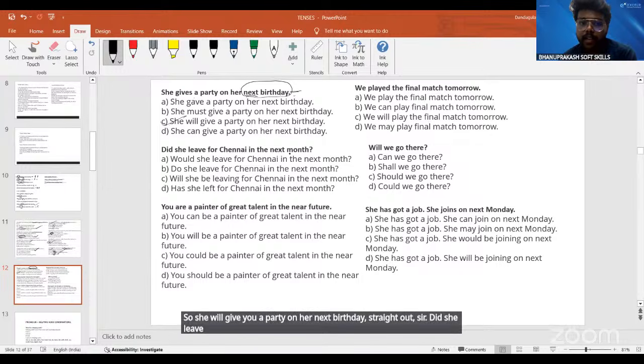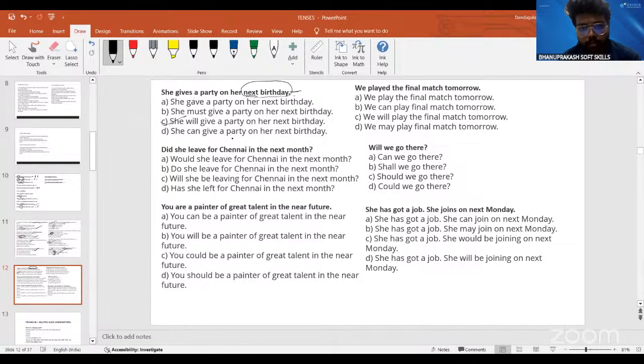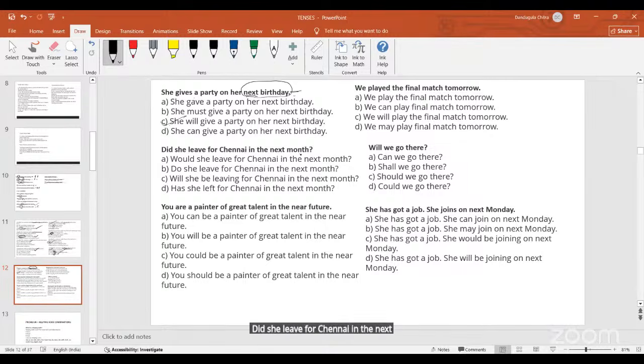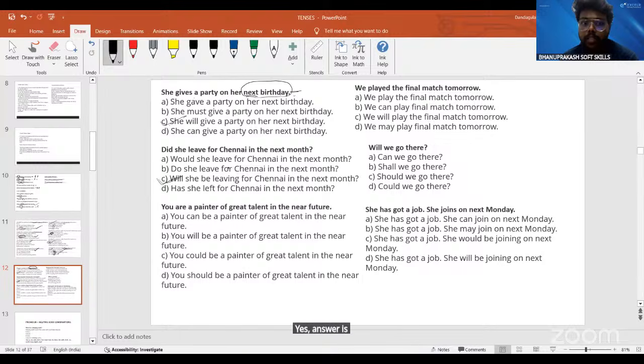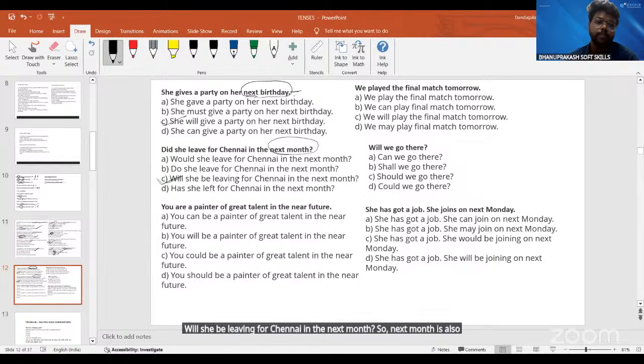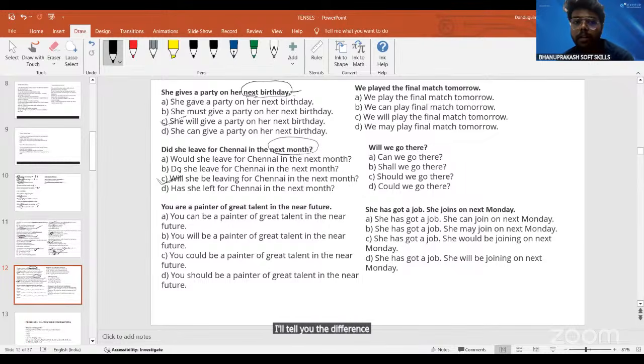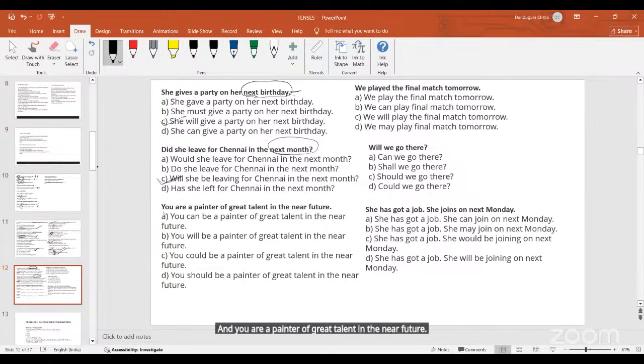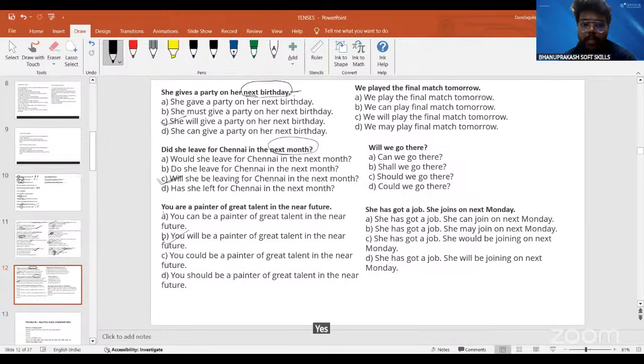Did she leave for Chennai in the next month? C, sir. Will she be leaving for Chennai in the next month? Yes. The answer is C. So next month is also future. I'll tell you the difference between would, do, has, and everything. And you are a painter of great talent in the near future. B, sir. Yes. In near future means you will be